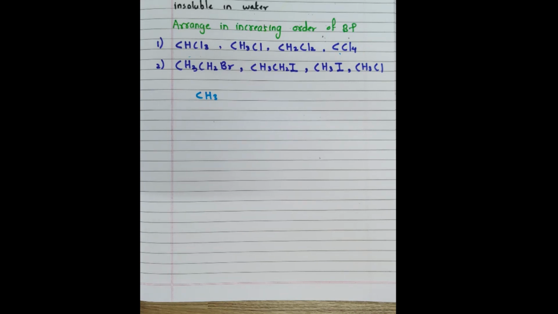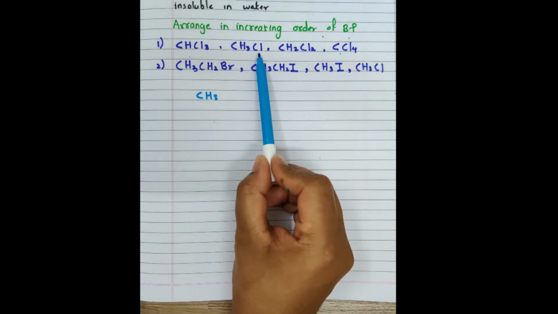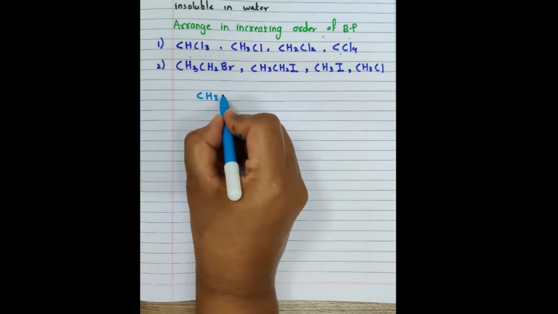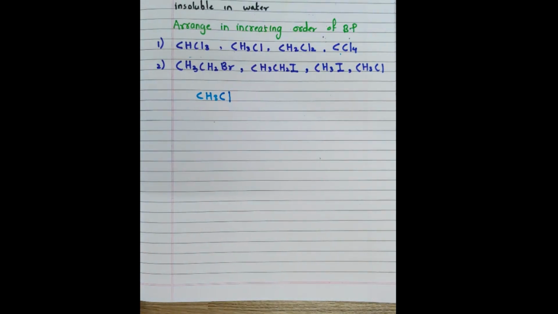Now, the boiling point of any substance mainly depends on its molar mass. Greater molar mass means higher boiling point and lower molar mass means lower boiling point. Now, we have to identify among these which will have the lower molar mass and which will have the higher molar mass. As chlorine is bulkier than carbon, if more chlorine is attached to the molecule, it means that molecule is heavier. So among these we can see that CH3Cl only has one chlorine, so this should have the lowest mass among all these four molecules. So we'll say that it will have the lowest molar mass and lowest boiling point.